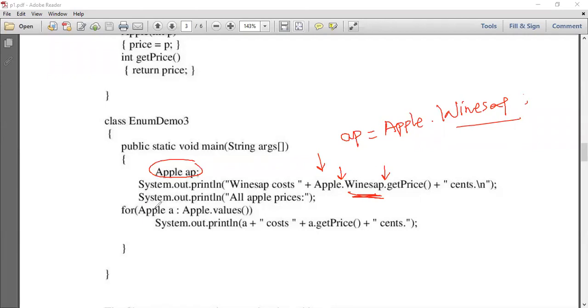Then we can print all the values using the method that is values. In our last class we discussed this particular values method. It returns an array, and that array will contain all the constants. Suppose in our previous example, we call it on the Day enumerator, Day dot values.